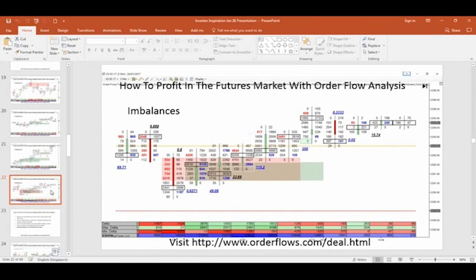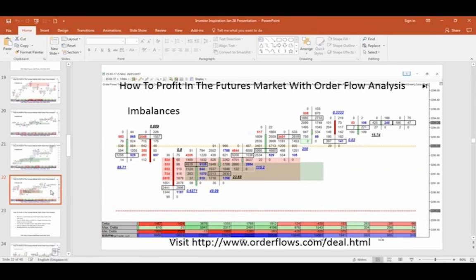This was on the 26th, just the other day, on an E-mini 5-minute chart, and this is how order flow is going to help you as a trader with some of your trades. When you get into a trade, you should have a stop, so your risk on the trade is what you're willing to risk. But one of the problems is always letting the market stop you out without reading the market and understanding that the whole reason for you getting short is no longer there. If you get short, and the market gives you a sign that the reason for being short is no longer there, and in fact you should be long,